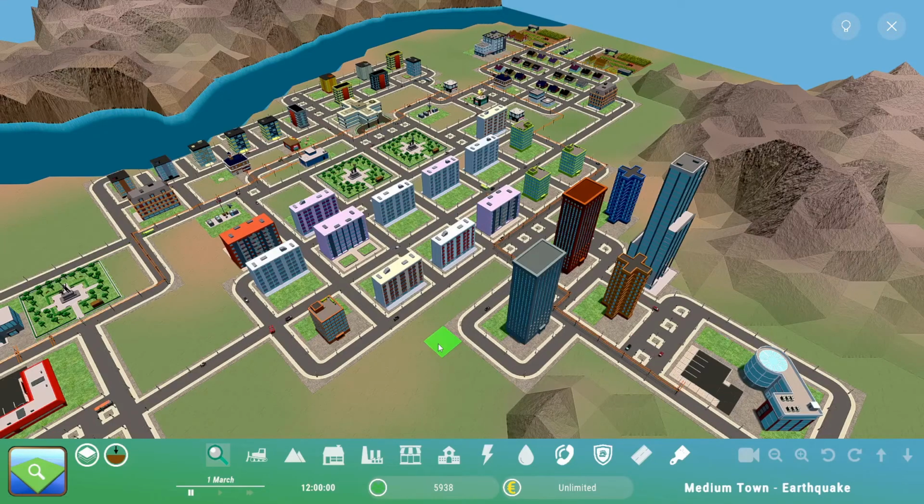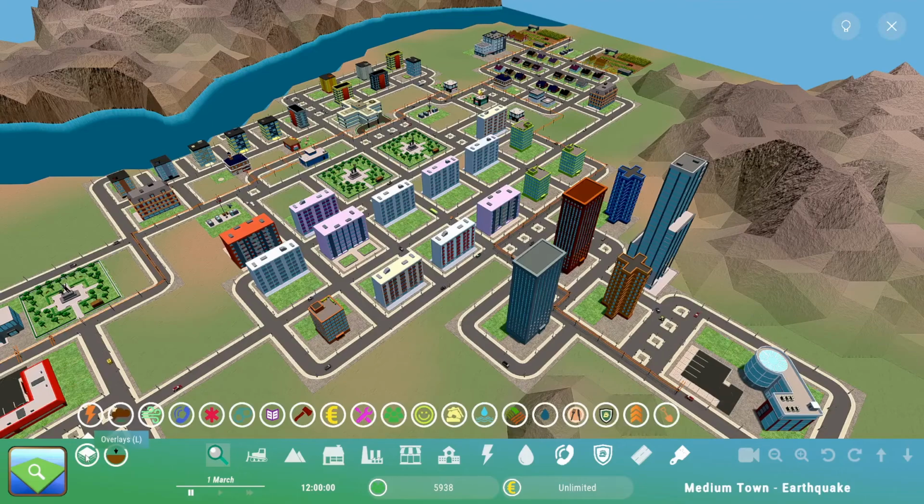Hello and welcome to this new tutorial about the Take It Serious game. Today I want to present to you the overlay system that you can find on the bottom left of your screen here. This will help you manage the city better by providing you information about the systems of the game for the whole city. Clicking on it, it will display 20 different icons showing 20 different subsystems of the city.